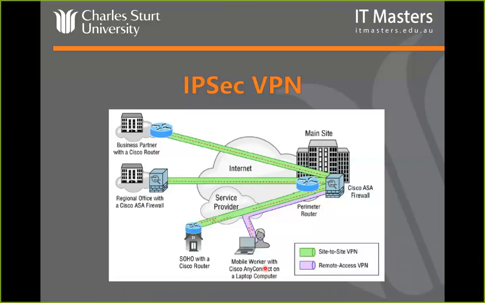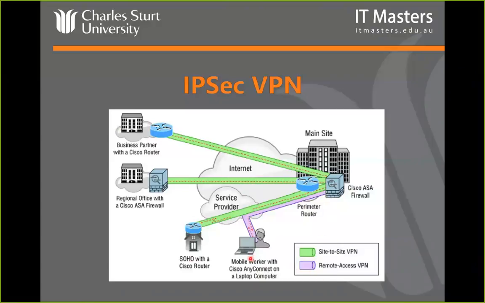So basically a piece of software that pretends it's a VPN device and allows him to connect over any service provider or internet-based service into the ASA to give him a VPN connection like he was actually there in the office. The key takeaway is we have two main types of IPsec VPN. We have a site-to-site, so big office to big office, or small office to big office. And then we have a remote access VPN.